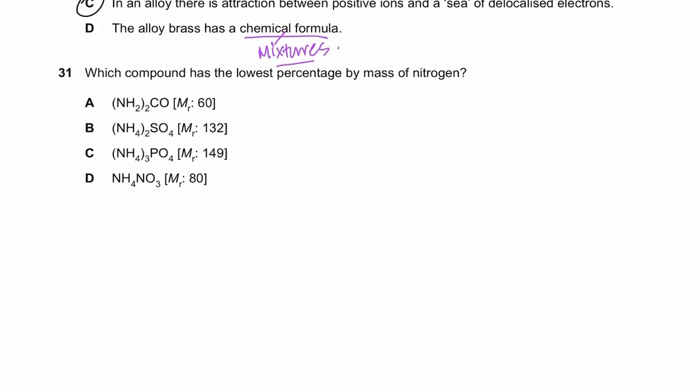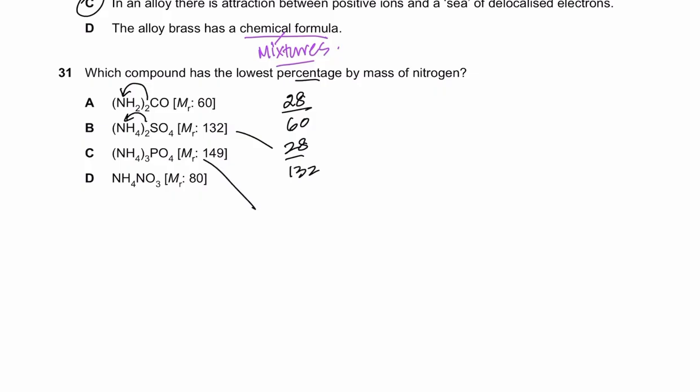Which compounds has the lowest percentage by mass of nitrogen? You could just do 2 times N, that would give you 28, because N is 14, and then divided by the total, which is part by whole. How do you find percentages? Part by whole into 100%. You could just do that. That's 28 over 60. 2 times N, that's again 28 over